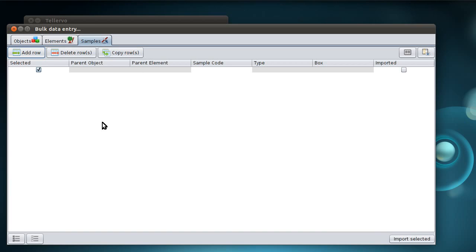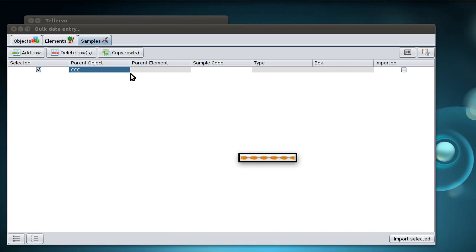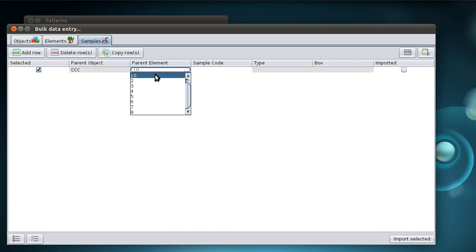And finally, the samples tab. Again, exactly the same information here. We need to pick the parent object and the parent element, so that's the object and elements that we've previously added. And then we need to give this sample a code. The way we generally work is we give our objects a several letter code, and our elements a sequential numerical value, and then the samples we give sequential letter values. So for instance here, this sample would be CCC 10A,